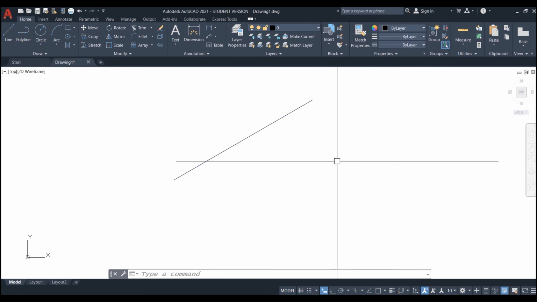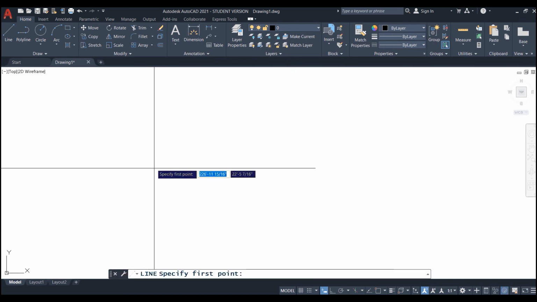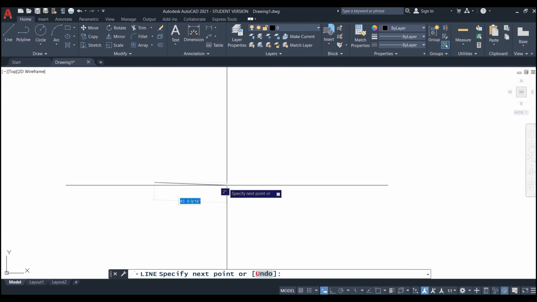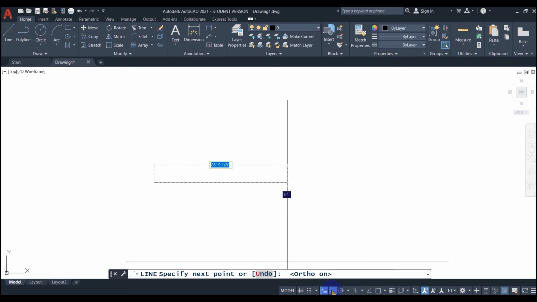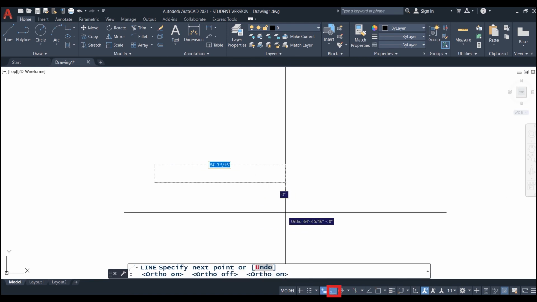Let's create an outline of a house using the line command. I will type L to start the command and now I will specify the first point. Make sure ortho mode is on. If its icon here in the status bar is blue, then it is active, and if it is grey, it means it is off. You have to hit the button once to activate it.